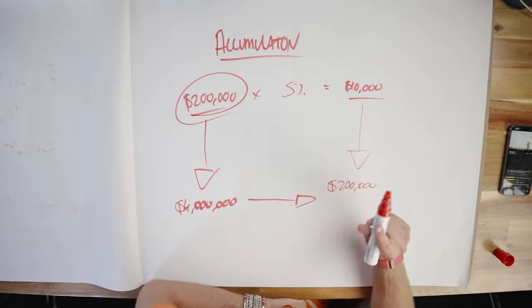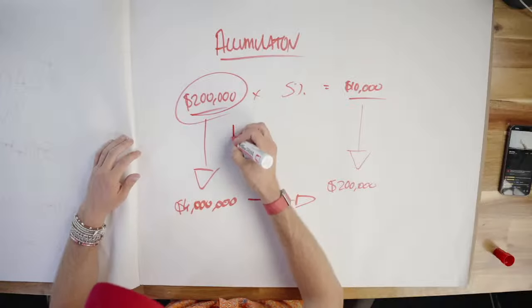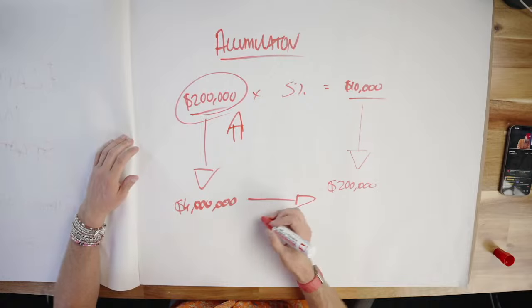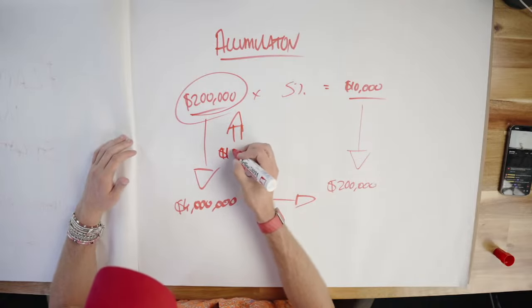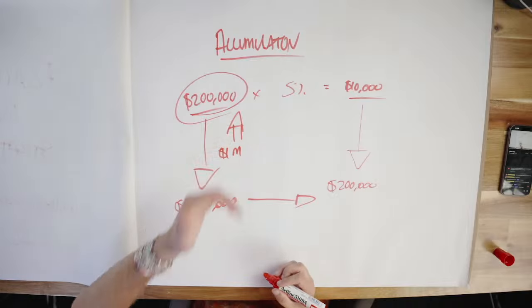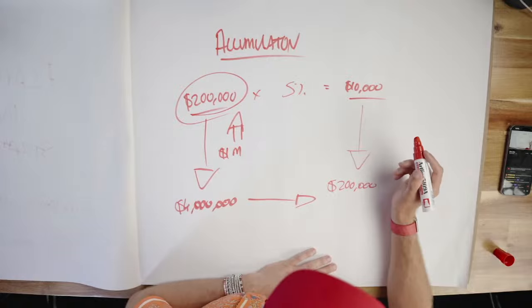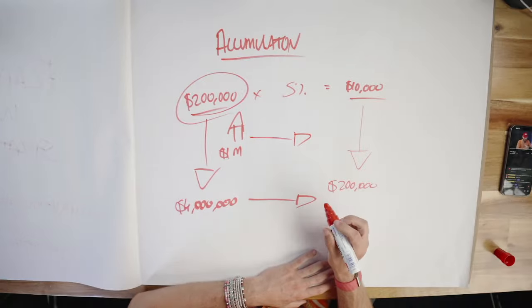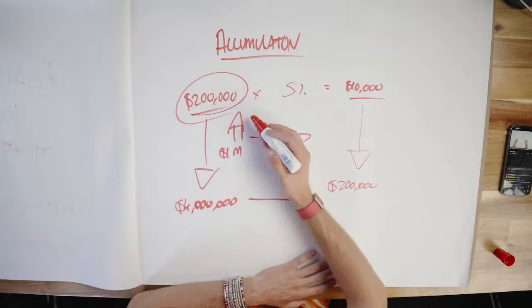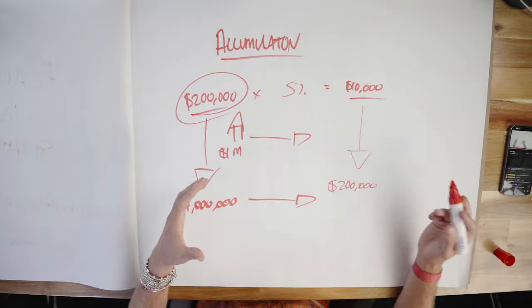So accumulation is all about using this $200,000 to go and accumulate more assets, right? To begin with, that $200,000 is going to go into our first property. Let's say that property is a $1 million asset. We've now got a $1 million property growing in value, and let's say that property grows at 7% per annum. It's making us $70,000 per annum. It'll make $70,000 the first year, a little bit more the second year, a little bit more the third year. And over time, the property value grows, and because the $200,000 we've put in is also growing, obviously our capital